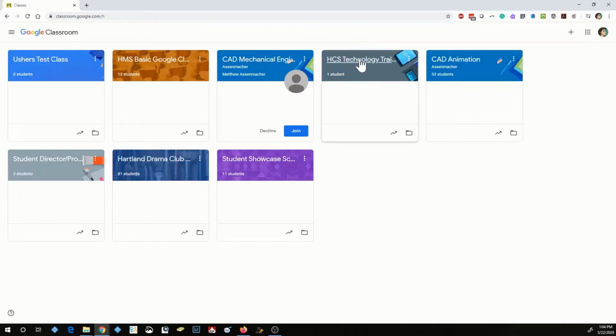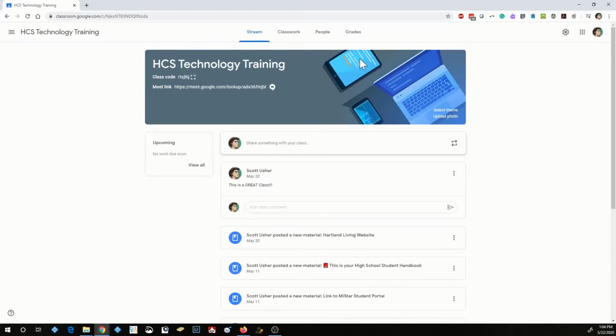I can select the Google Classroom I need to go into, and then at the very top of the window, on the title bar up here, you'll notice that there is a class code. The class code for this Google Classroom is RTX JL6J, and I can copy that information, and then I can paste that information into an email to my class list of students and invite them to